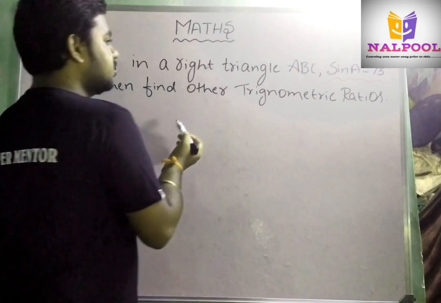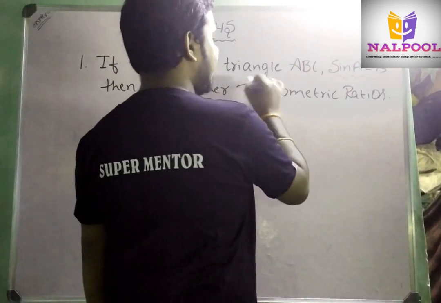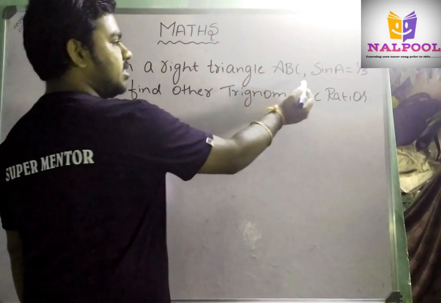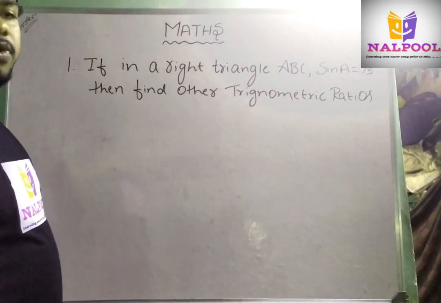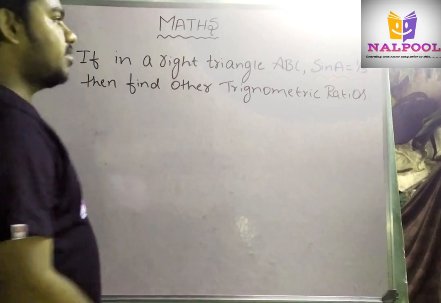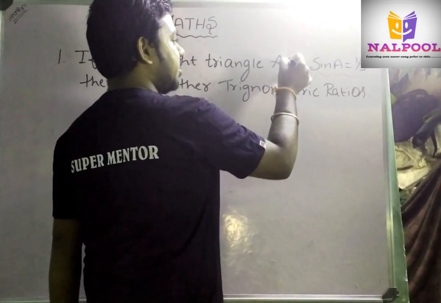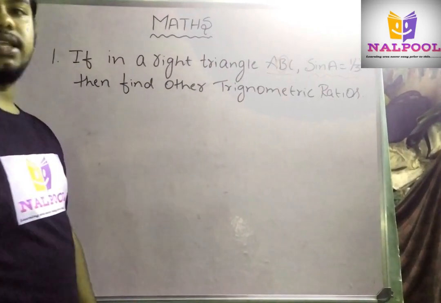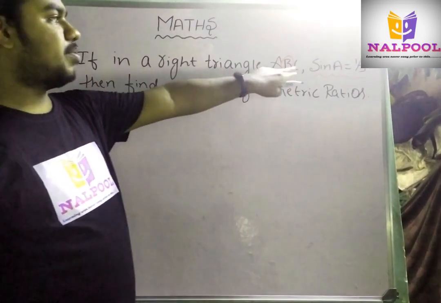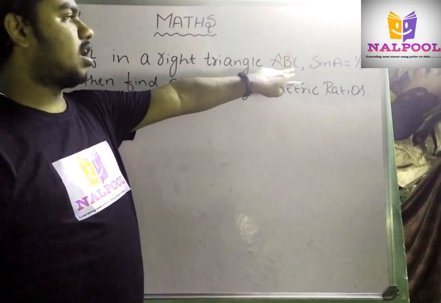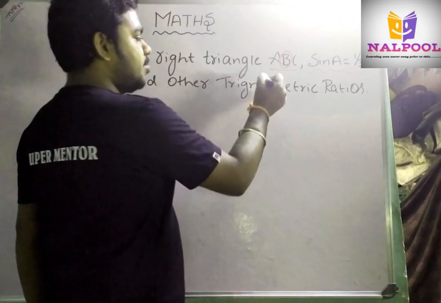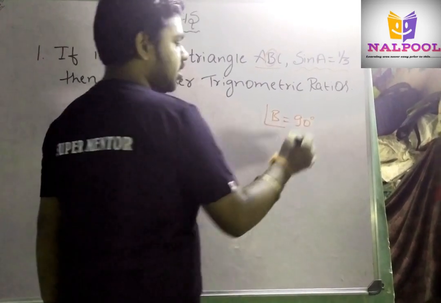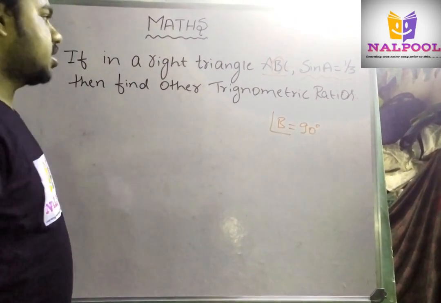Okay. Here you may have confusion. Here they have simply given that in a right angle triangle ABC, sin A is equal to 1 by 3. Where is the right angle defined? Generally, friends, the right angle is defined at the middle alphabet of the 3 given alphabets, okay? In ABC, which one is the middle alphabet? B, no? Therefore, angle B is equal to 90 degrees. This is a general convention, okay?